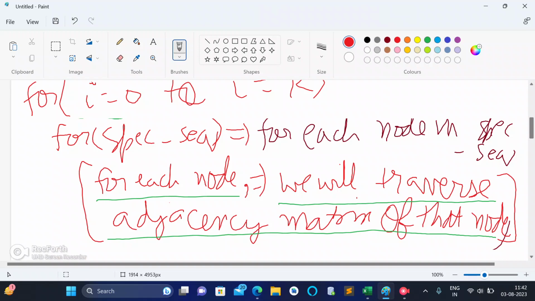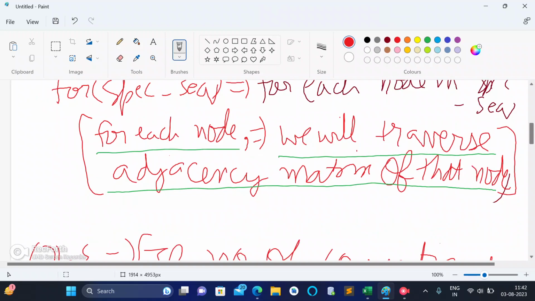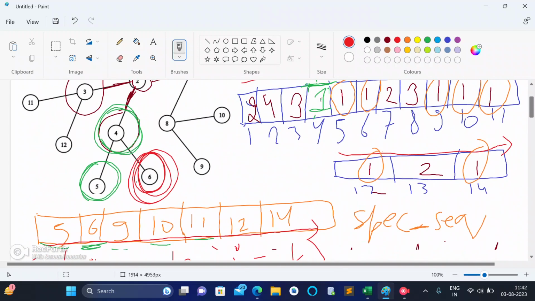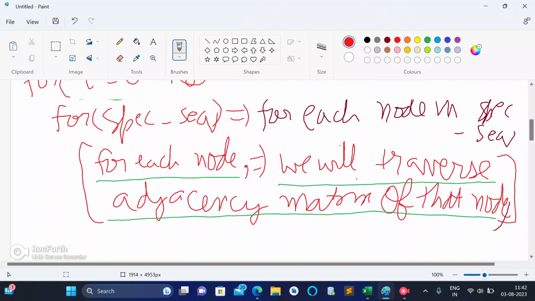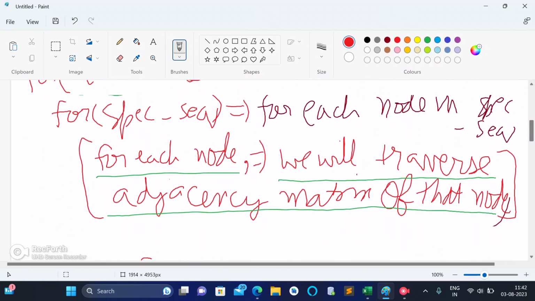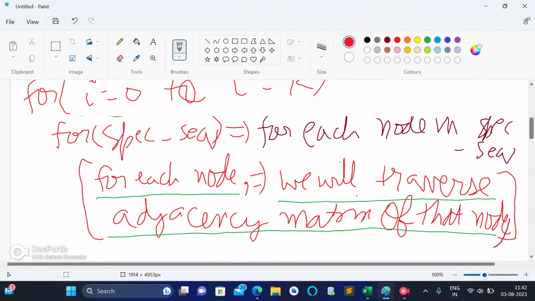And for each node in the special sequence, we traverse its adjacency matrix. While traversing the adjacency matrix, you can see in the video, first I will see 5, then I will see 6, and while traversing I am reducing the number of connections. Till that point I found that 4 now becomes a leaf node. So what I will do is,